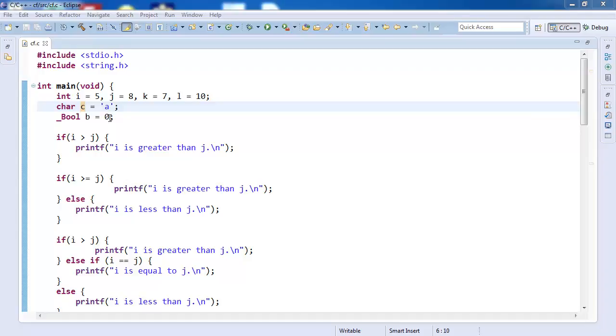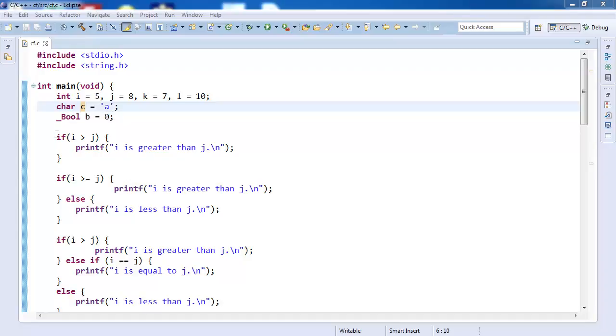Before we begin, let me tell you this. You should never ever compare floats inside if. Never. Because of the reasons explained earlier, the float values are truncated. You can compare integral types. Char is an integral type, so you can compare. You cannot compare strings directly, but we will see how to compare them.